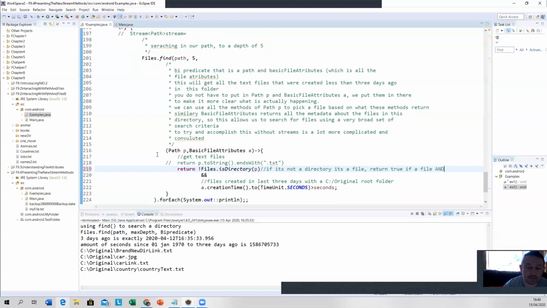and, so this one here, a dot creation time. That will get you the time when the file was created, but it will give it in a local date time. You can do other methods, but this, I seem to remember, is the easiest way to do it. So a.creation time